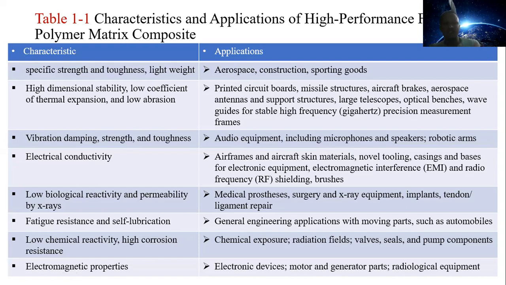Okay, whenever the structure of an aircraft is heavier, obviously it needs more fuel. It consumes higher fuel. And these fuels are fossil fuels, whose outputs are carbon dioxide, okay, and other